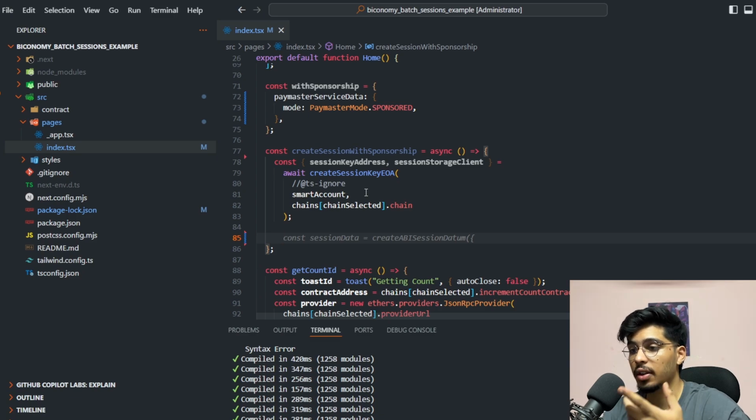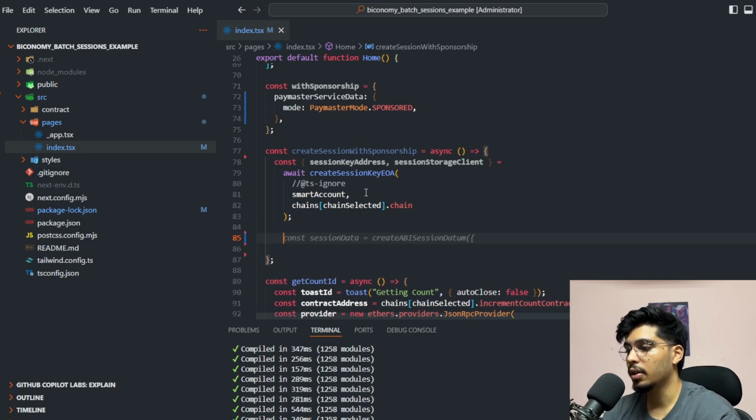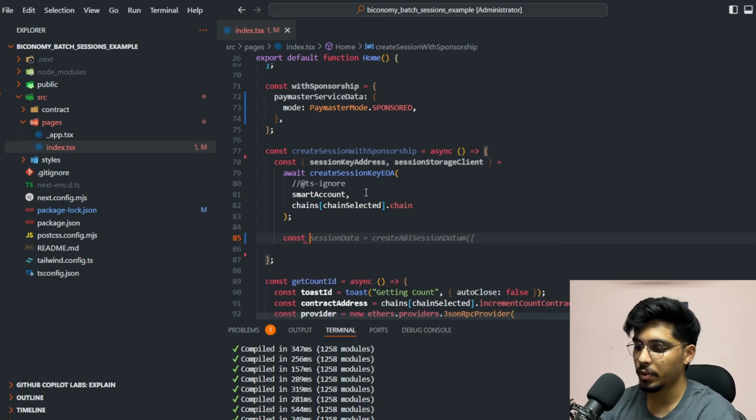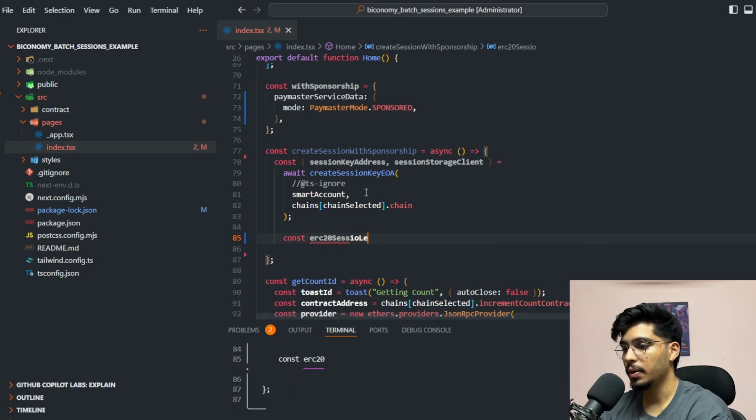Right now this is session leaf, and this is like a policy which you are going to declare for the transactions that you're doing. So in the previous video we were doing a single policy, and for this video we need around 2 policies because we are doing 2 transactions and we are batching them. So there are 2 types of declaring the policy. Either you can do it in ERC20 session leaf. So if you just type ERC20 session leaf,